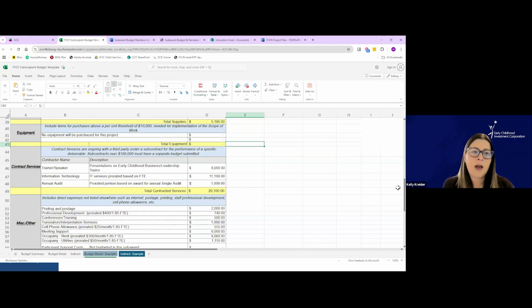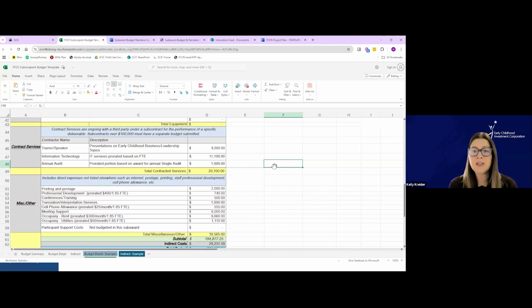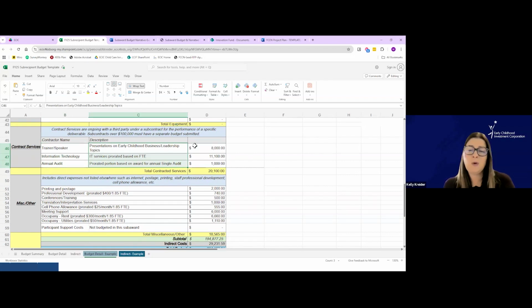Moving down the line here, we've got contract services. Under contract services, we'll ask you put each contractor's name. And if you don't know, it's okay to put to be determined or kind of the more generic intention, but we do need a description so we know what that service is providing. Again, this is an area you may have very few contractors or you may have several, in which case, please, again, do add lines. We need to capture each contractor individually, unless they're of a nature like the trainers and speakers, where it's small enough that they would maybe be invoicing you, or you have a much smaller